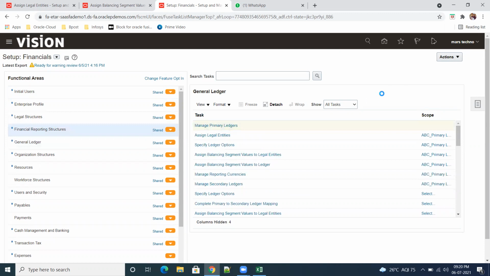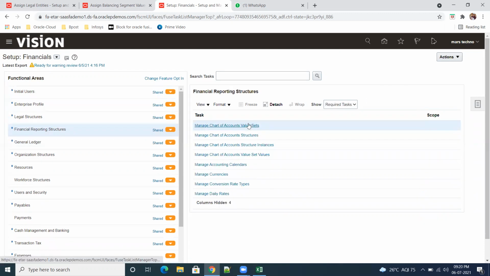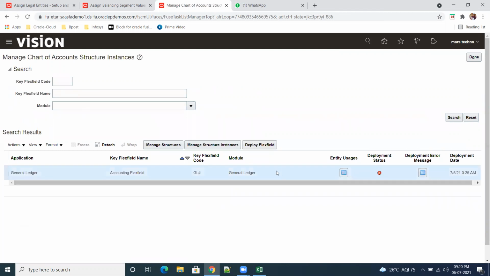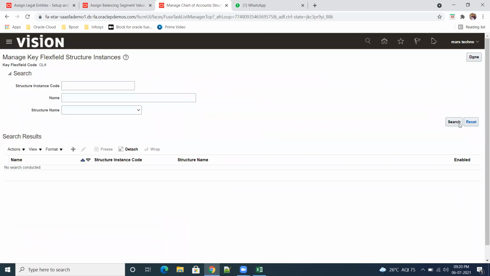So financial reporting structure, chart of account. First we'll go for instance only. In the instance, we can see our general ledger. Oh my God, this deployment status is red color. Let me see.